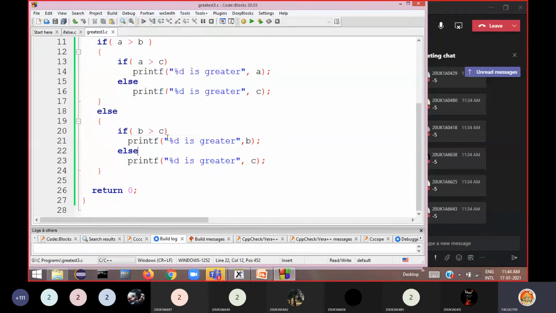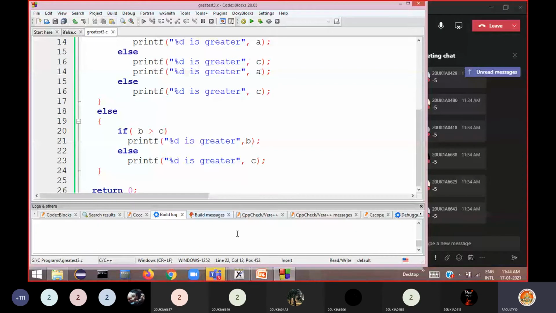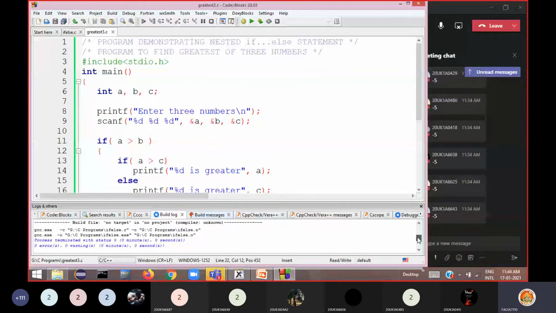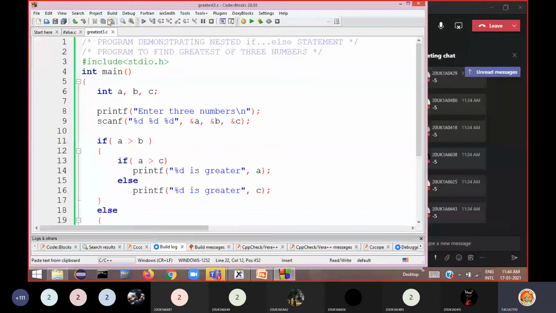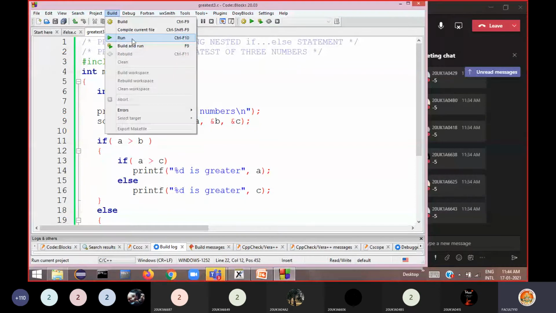Now I build the program. You can see 0 errors here. Now I run the program.